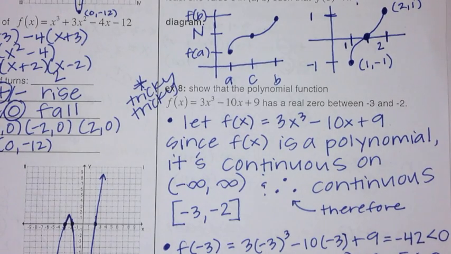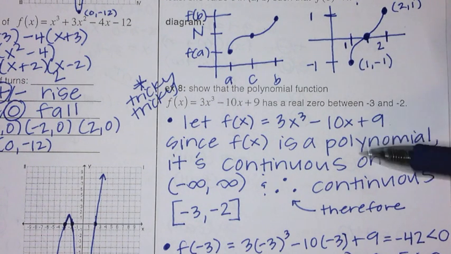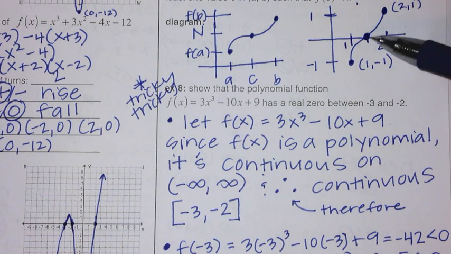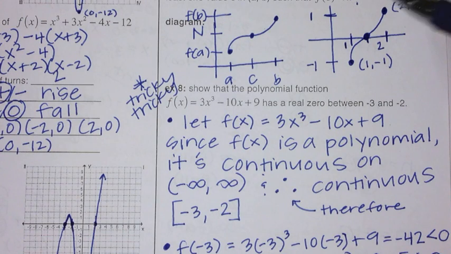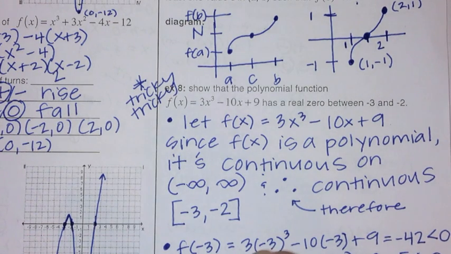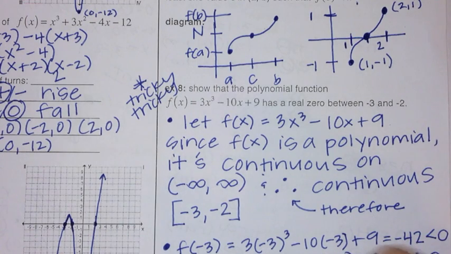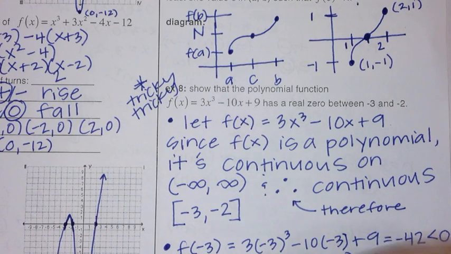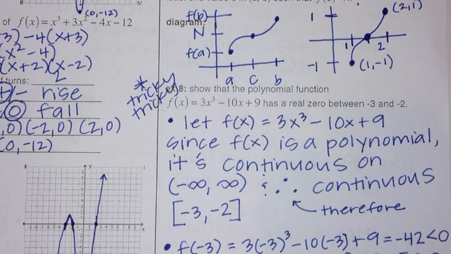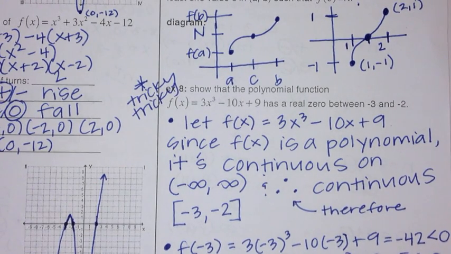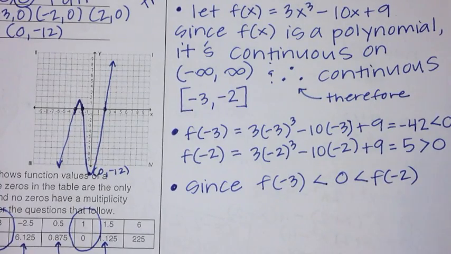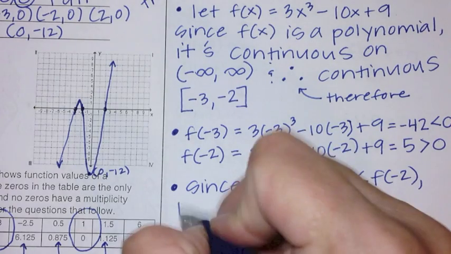So right there, look at the y value that goes with -3 is -42, and the y value that goes with -2 is +5. So what we're saying is, since f of -3, which is the -42, is less than 0, but f of -2 is greater than 0, intermediate value, it's in the middle, there is a number c